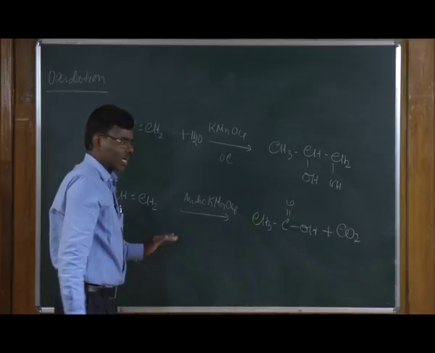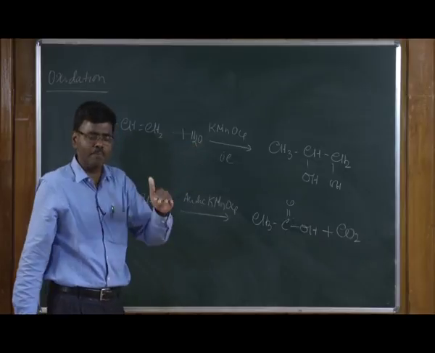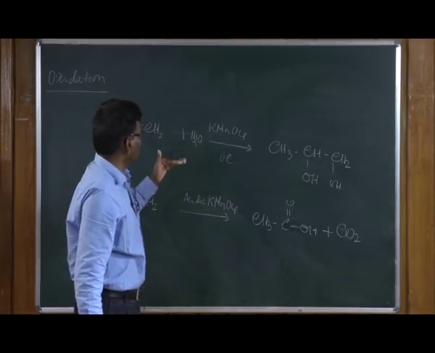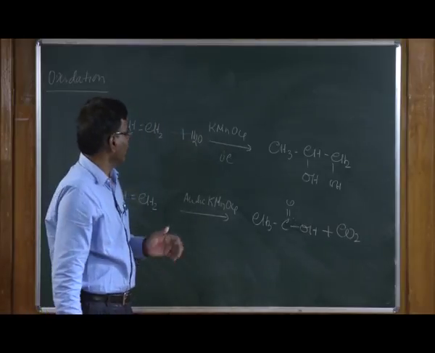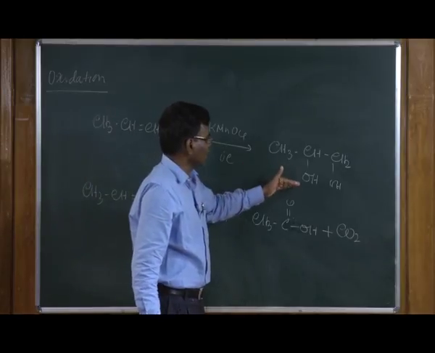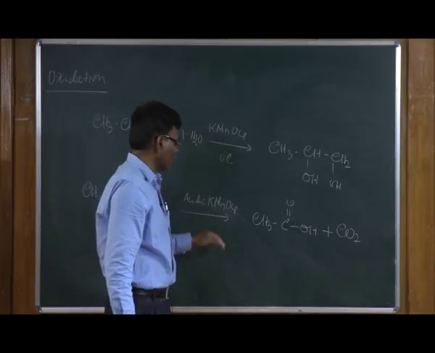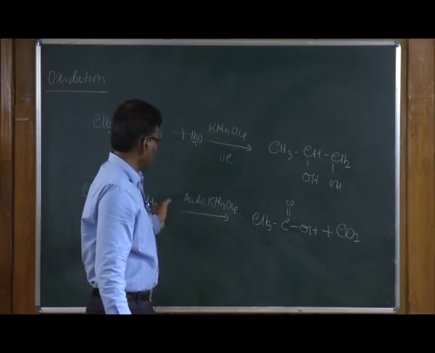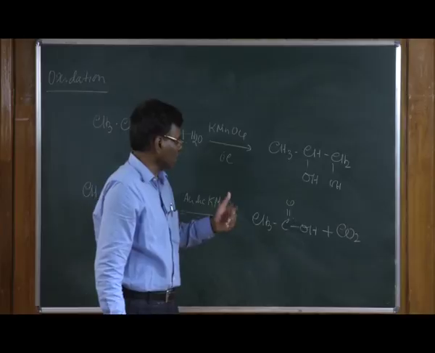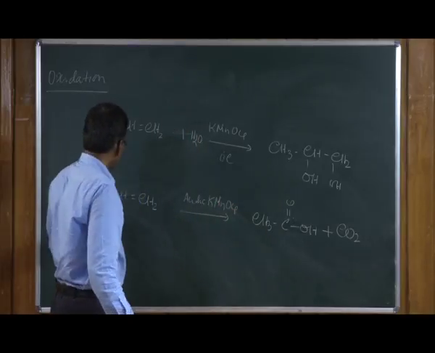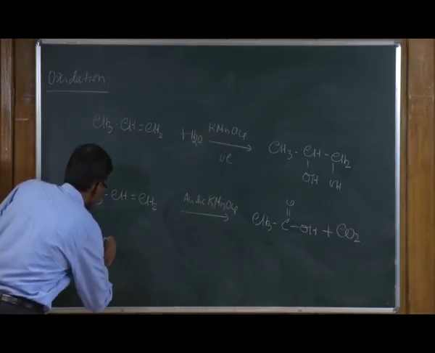If acidic, it will be over-oxidized to carboxylic acid. If you carry out the reaction under mild, cold conditions, at 0 degrees and with very dilute potassium permanganate, you can try to stop the oxidation reaction at the diol stage. On the other hand, if you use a strong oxidizing agent like acidic KMnO4 and warmer conditions, it can undergo further oxidation into the corresponding carboxylic acid, and it depends upon the substrate. For example, if you use this one, you get acetic acid and carbon dioxide, and if you use this alkene,